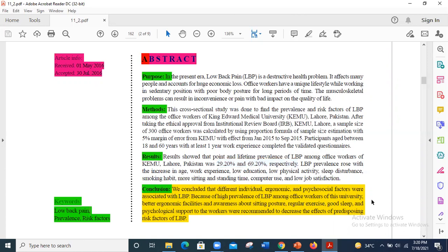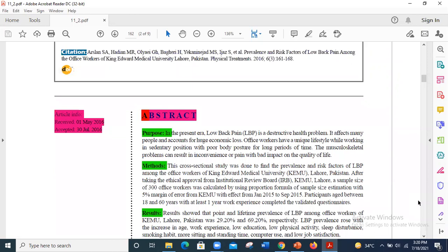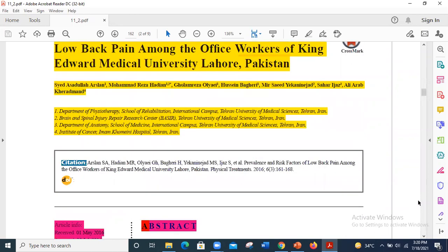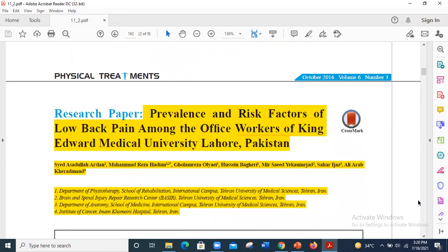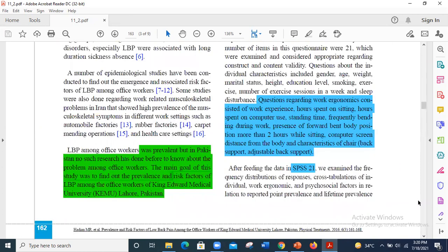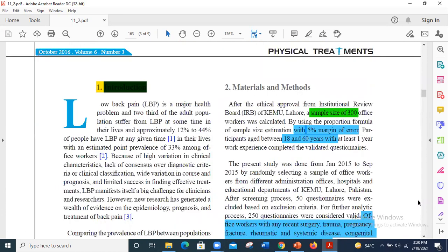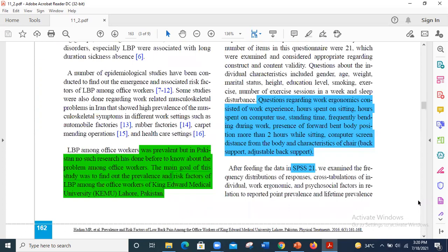Okay, on the extreme left side of the article, you can see the date of receiving this specific article, accepted date, and keywords. Keywords must be very specific and appropriate to your research paper. These are the words that would help others to search out your research paper if your data has been published or people are able to search your research on any search engine.